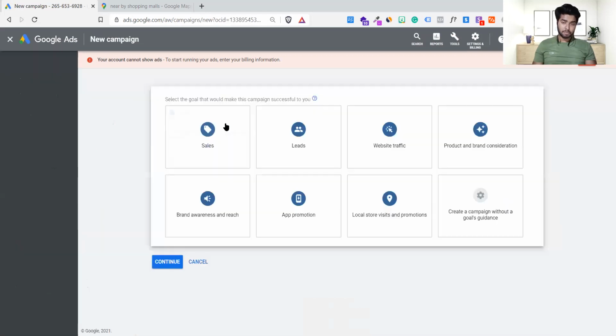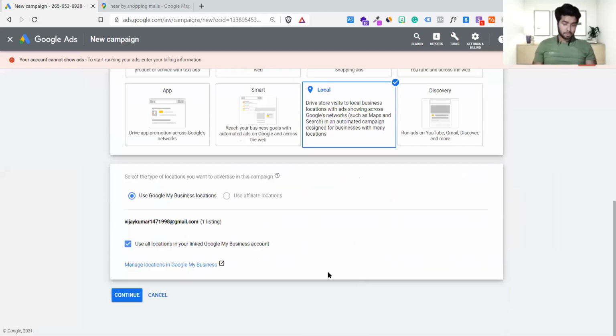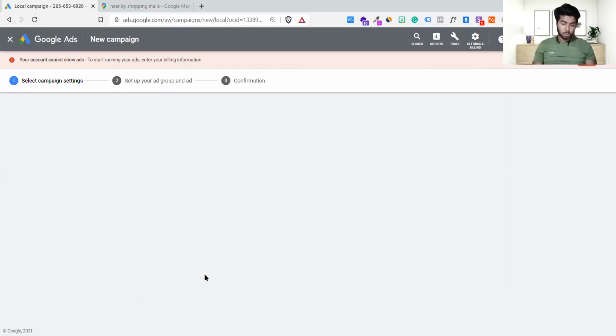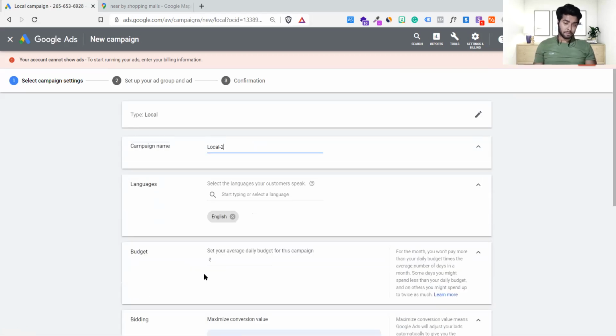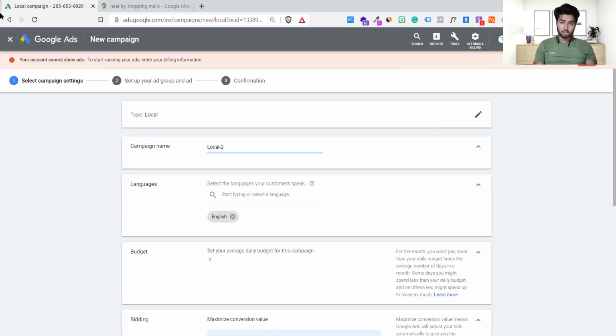Create campaign. Go here. Okay. Yes. You will get to know that it looks different from the one we have just done. Yes. Now this is something else.